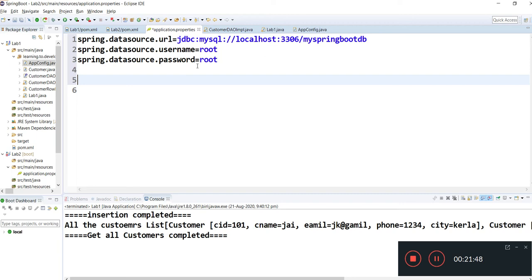Okay, next we will mention HikariCP properties like connection timeout and maximum pool size. Those things we need to mention here.